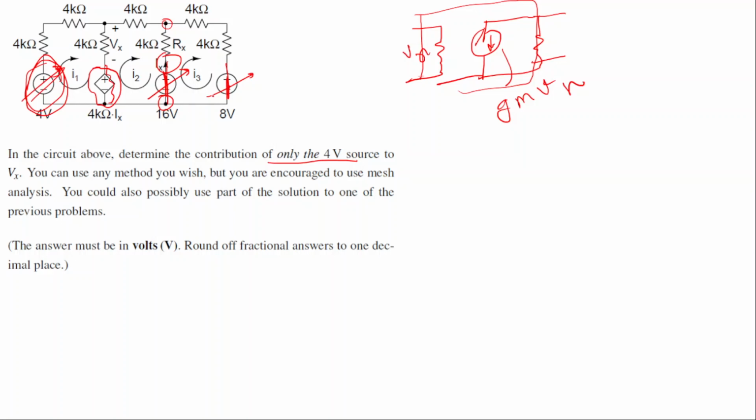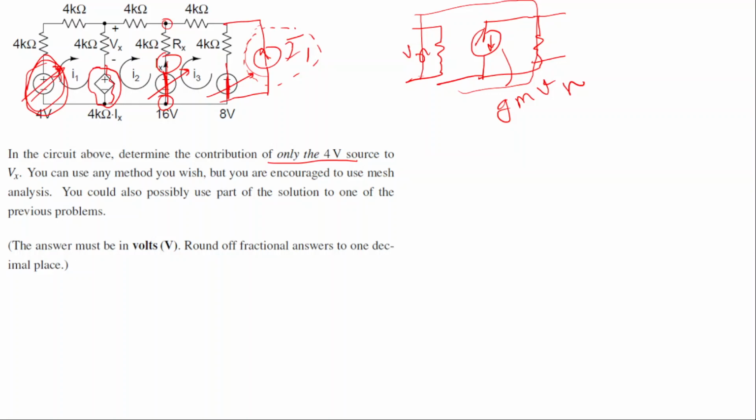Suppose there is this I1 current source. Now I ask, what is the contribution of this 4 volt voltage source? How will you disable this current source? Can anyone tell? Same, open circuit. Yeah, good. You just need to open circuit this. Wherever the current source comes, you just open circuit that.